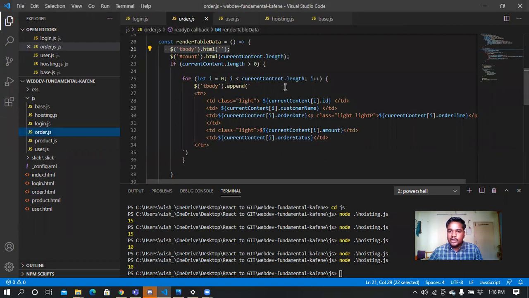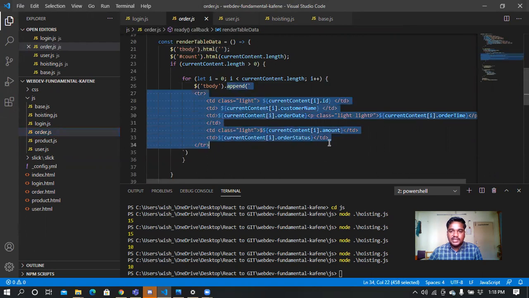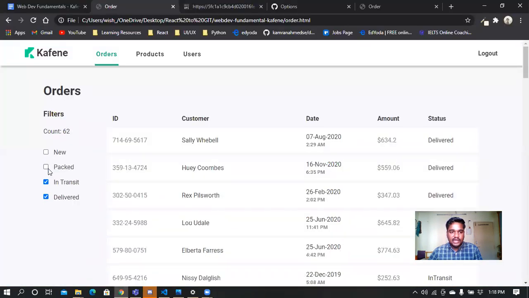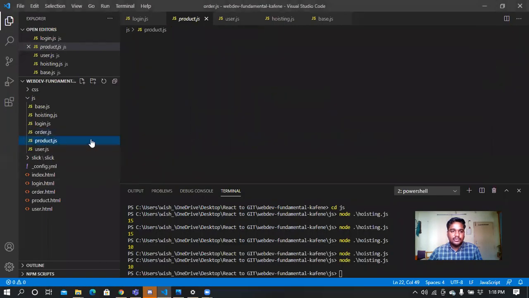So this is the usage of DOM manipulation in here. So we are using the dynamic fetching by rendering the render data function. So whatever we have selected in this, that only will get rendered and will be presented in the orders page. Same goes for the product page as well.